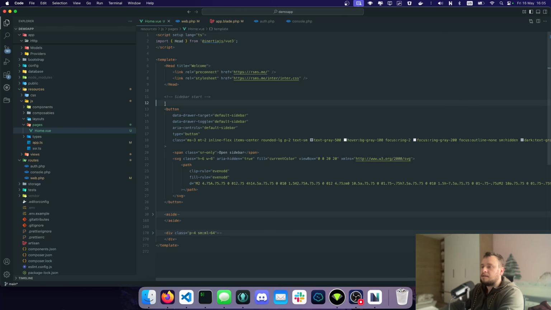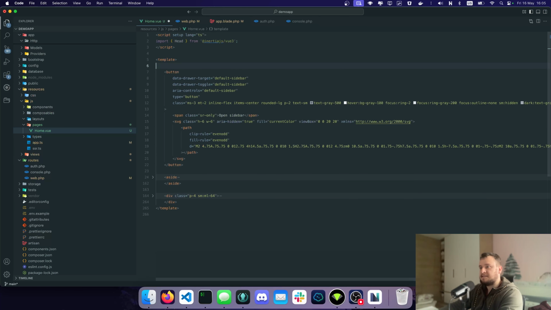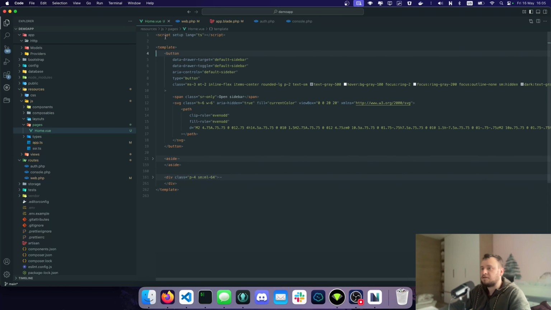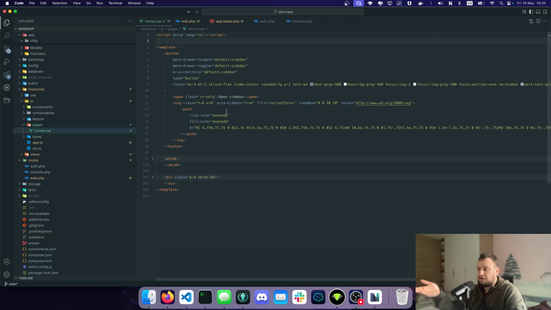So let's do this. Right. And we can also get rid of this head tag because this is not a browser application. This is a desktop/mobile application. We will not be seeing any of those meta titles and titles in the browser, whatever. So right now we have a clean project. I'm super satisfied. Now, what we are going to do is create our own